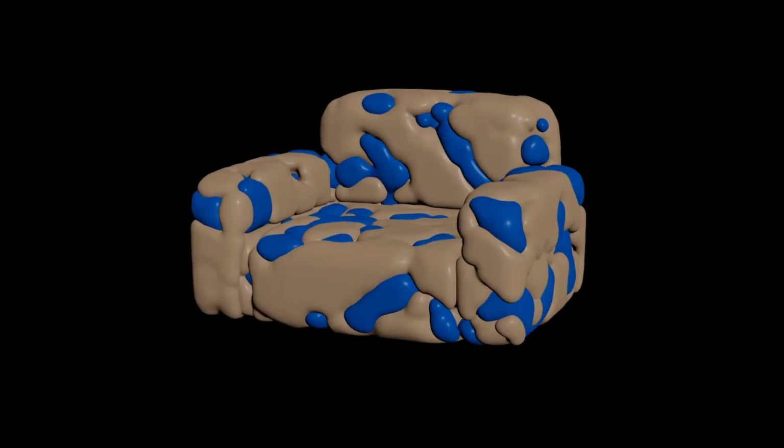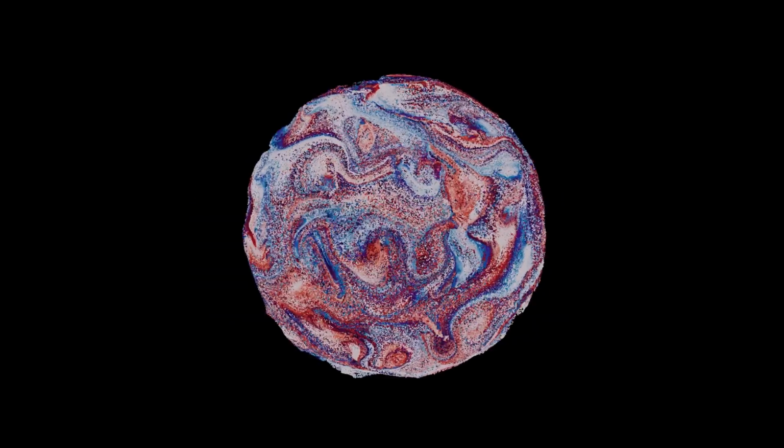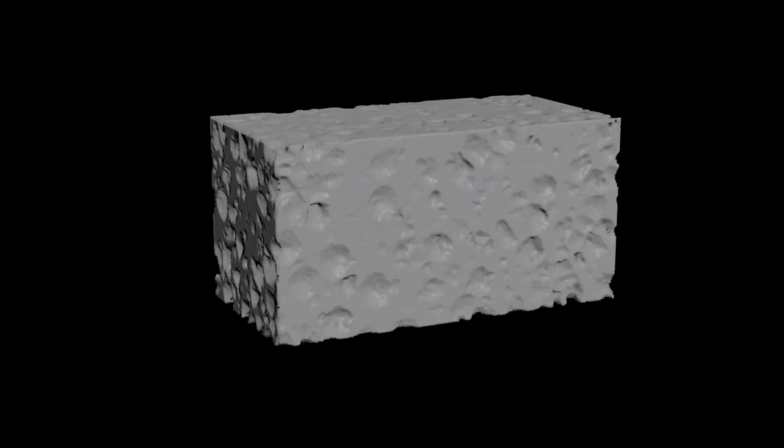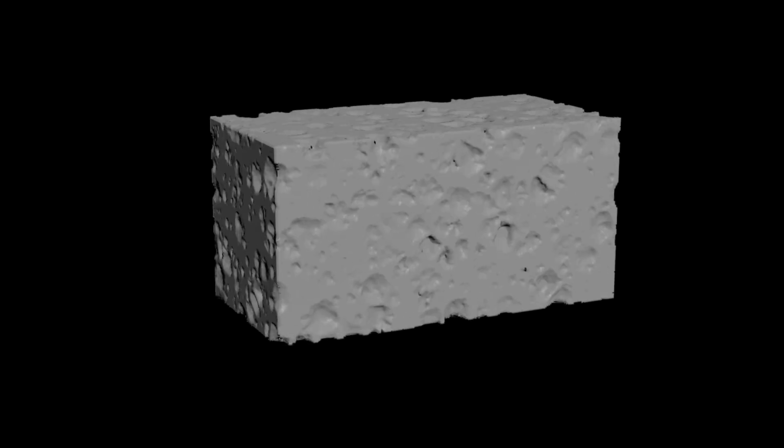Volume noises. In Houdini 19, we now have the ability to add noises directly to volumes and VDBs. This is awesome and gives us a lot of flexibility. There are 3 nodes and each has a different use case. Let's take a look at them.